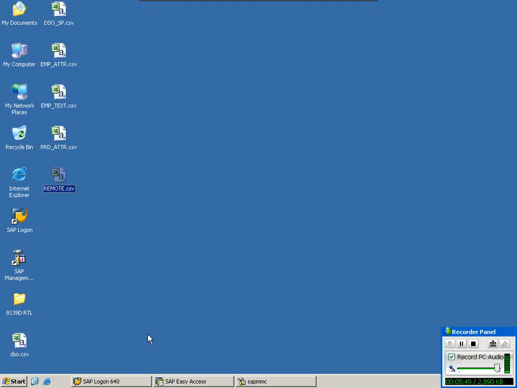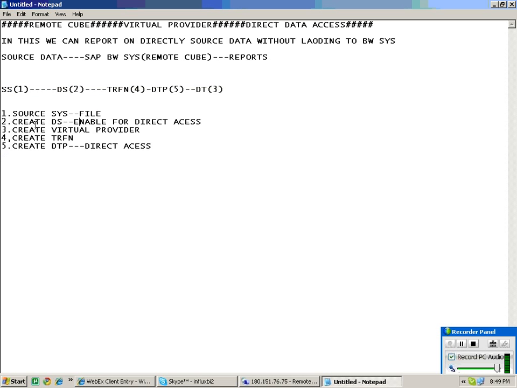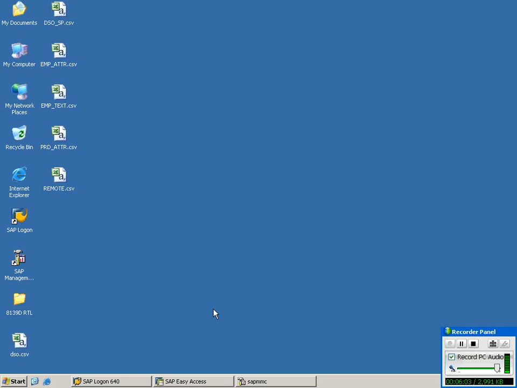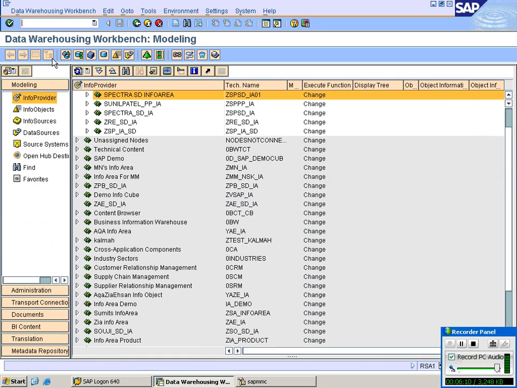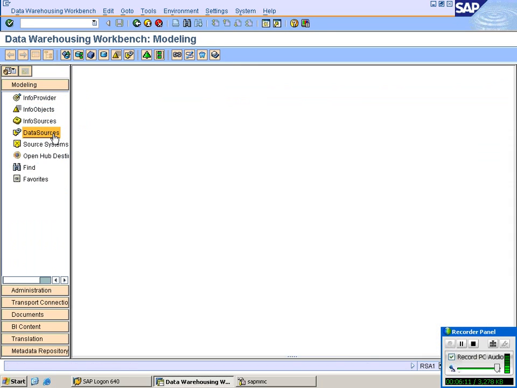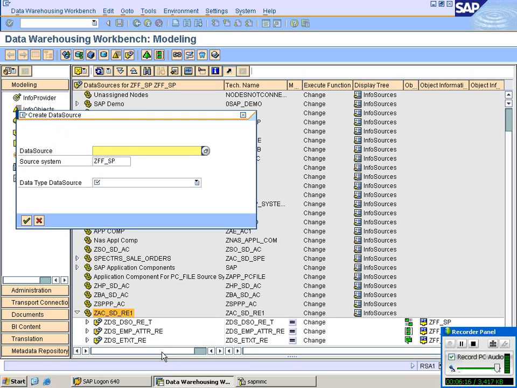So we got the file, right? We got the required file. Then what to do? What's the second step? Enable for direct access. Go with workbench, data sources, right click, create data source,